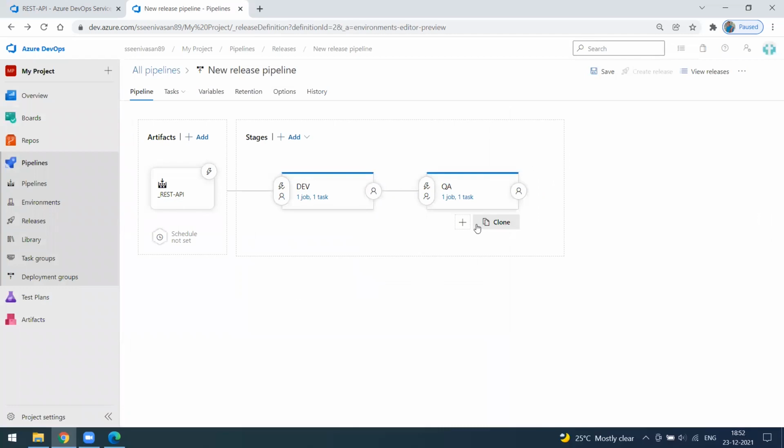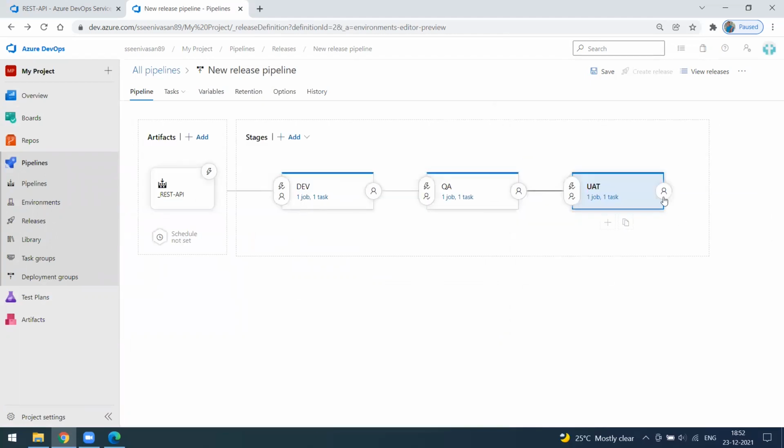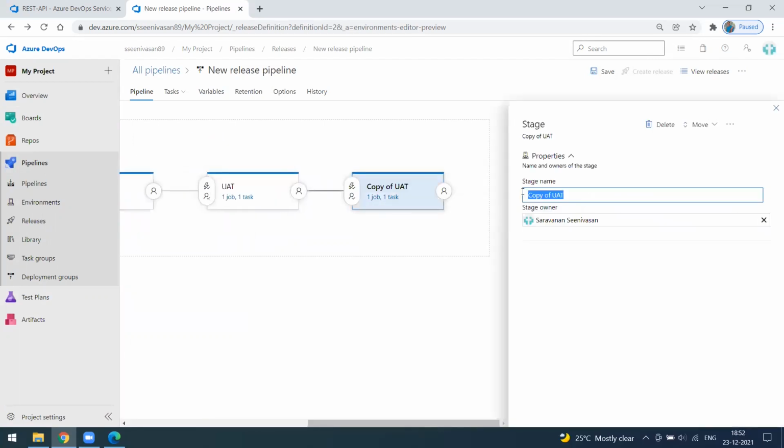From here we can just clone it, and we can name it as UAT. Similarly, you may want to create one for prod also. Fine, so this one we can name as prod.